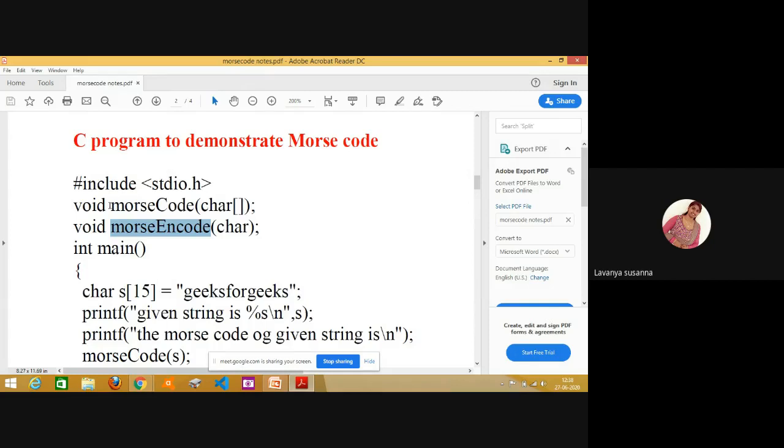What is the return type of these? Void. Void means this function is not returning any value.